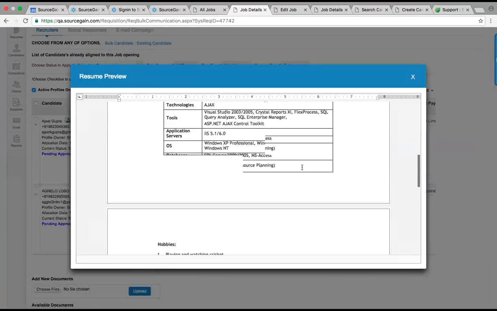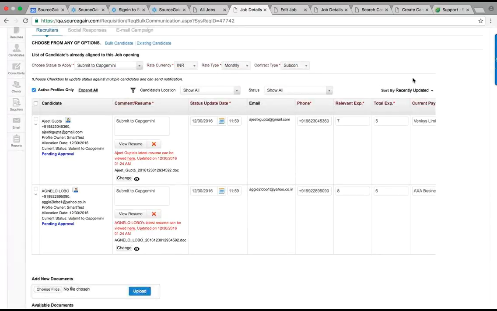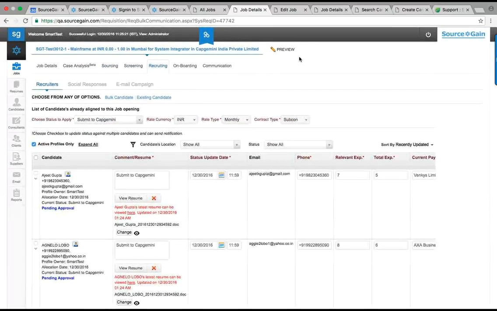So I can see the resume viewer as well. Now, this is the way your overall process works when you get job requirements given by Capgemini. Once this is all done, in case you want to add a new recruiter in business as a new user,